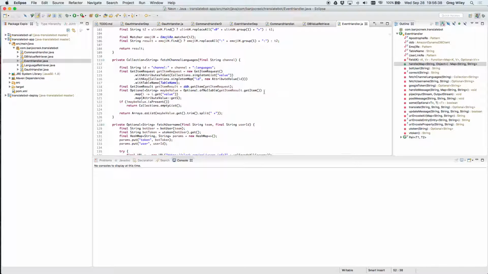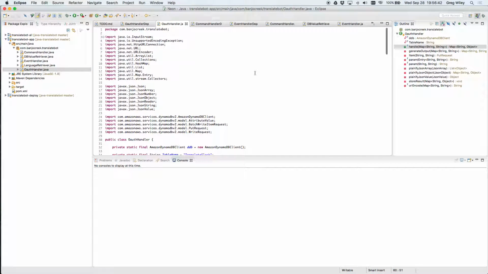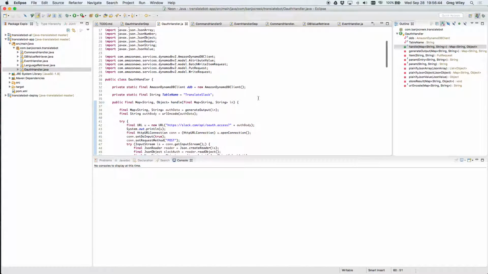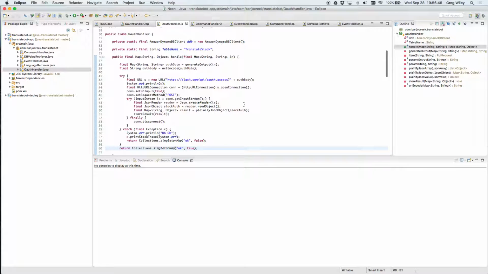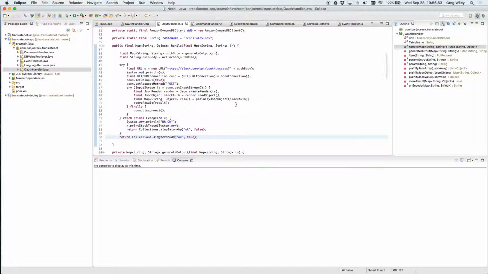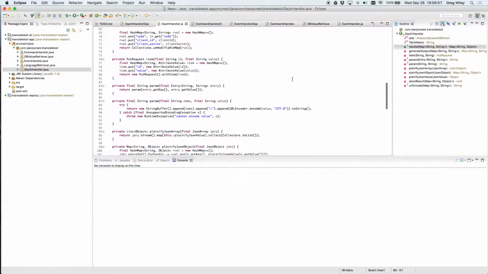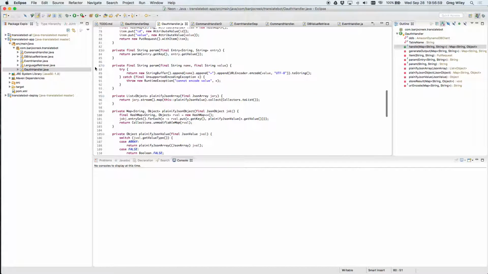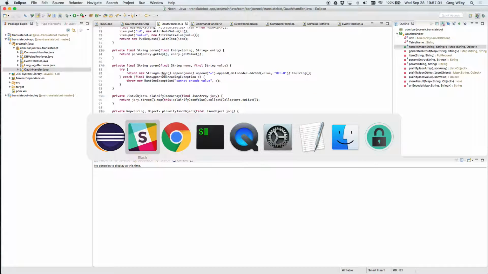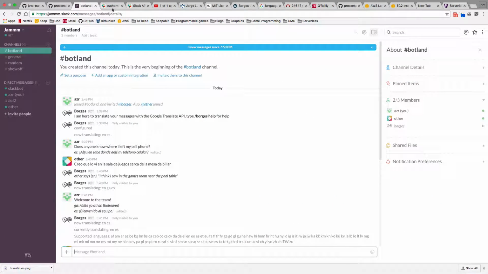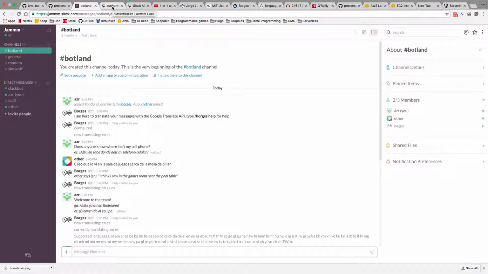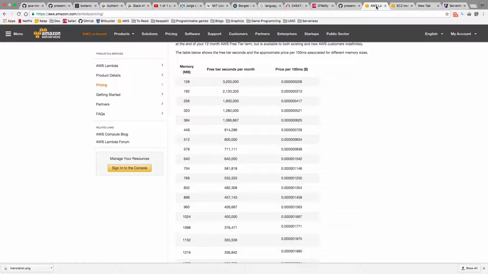So then finally there's the auth handler, which does pretty much the same kind of thing. This handles the OAuth flow, gets things in as a map, runs through, and invokes what's called the authorization grant flow. It's one of the profiles in OAuth 2, and it just basically runs that flow as a client. Now, to wire this all up though, let's go to the Amazon console and take a look at how this looks in Amazon. I don't actually manually put these in place, but I will show you.